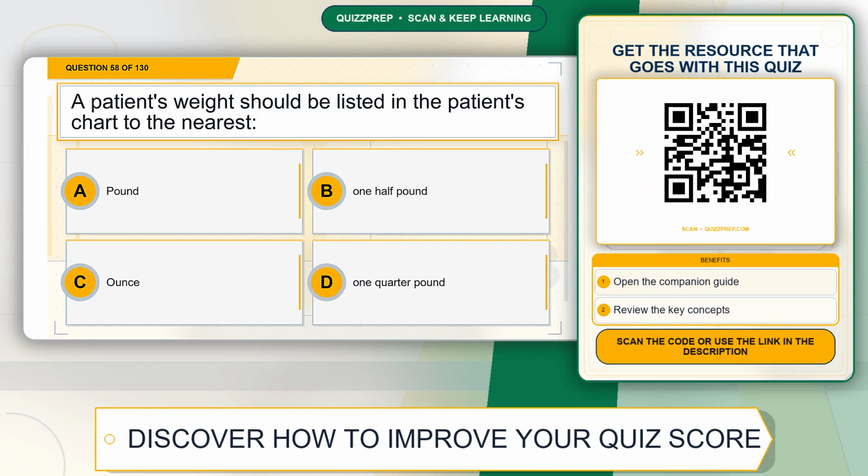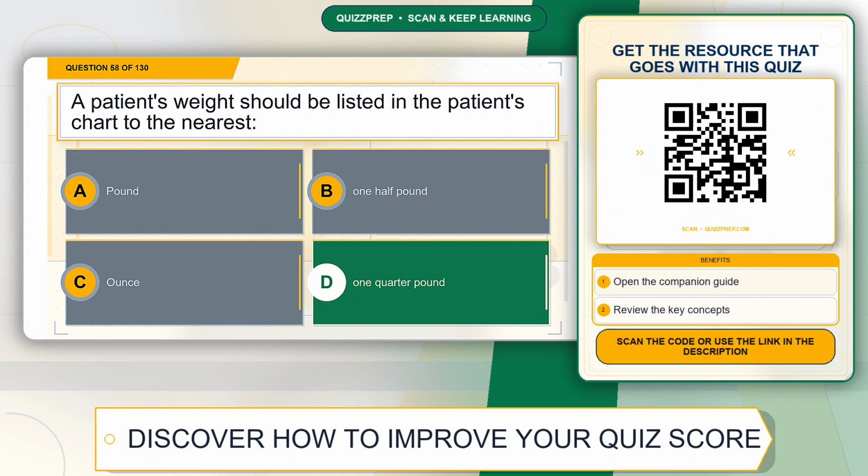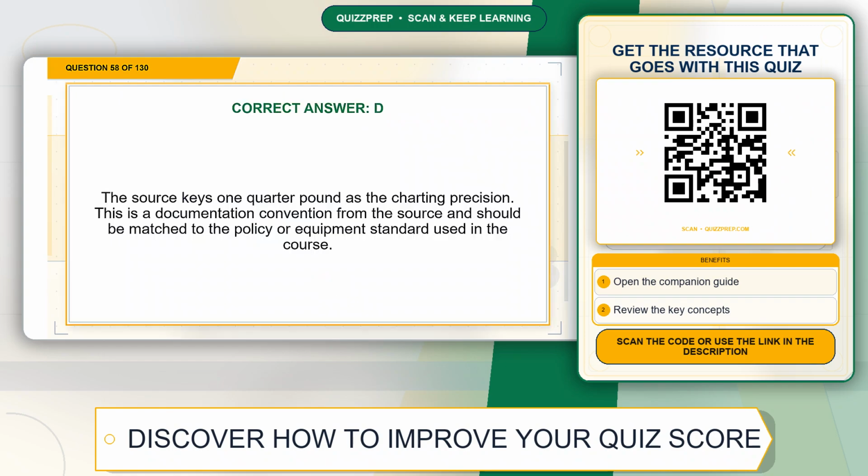Question 58. A patient's weight should be listed in the patient's chart to the nearest: Option A, pound. Option B, 1/2 pound. Option C, ounce. Option D, 1/4 pound. The correct answer is option D, 1/4 pound. Explanation. The source keys 1/4 pound as the charting precision. This is a documentation convention from the source and should be matched to the policy or equipment standard used in